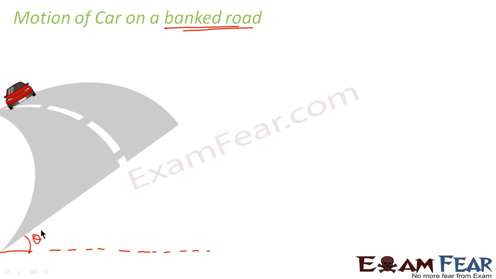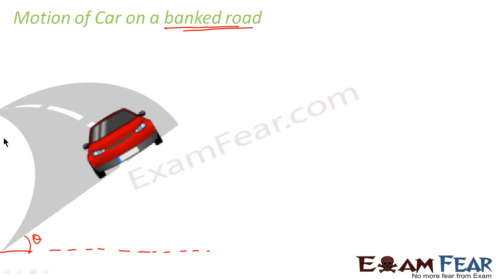In the previous slide, we talked about a level road, where the road was completely plain when compared to the normal horizontal. But here you will normally see these kinds of roads when you travel up hilly areas. There you would see that the outward side of the road is generally inclined a bit up when compared to the inner side. So when a car moves along this kind of curved path, we will study the motion for such banked roads. So let us draw the diagram here.